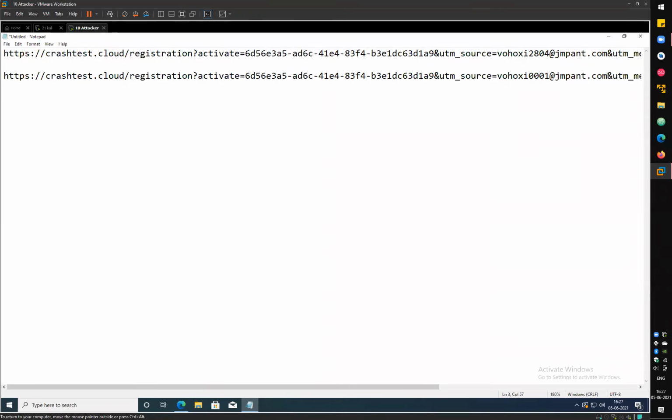If you are able to activate this email address with this token, this was a vulnerability, this was a weakness, right? This was a weakness because your activation token was not linked with your email address here. That's why you can use any email address with that specific token, and you can activate any email address in the globe without